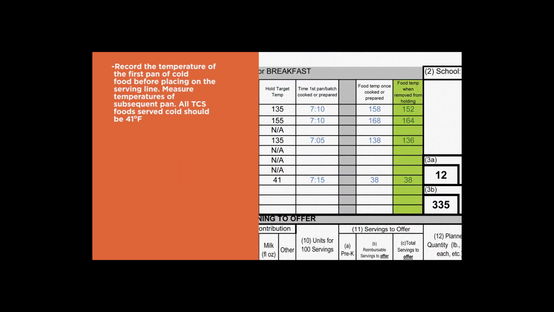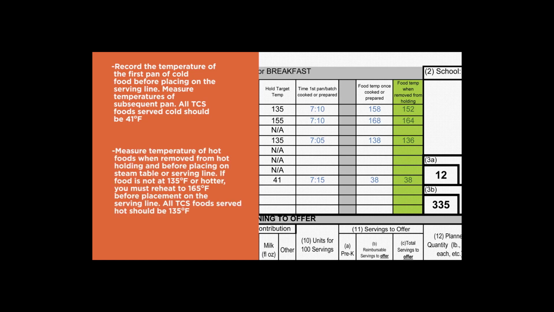Only record the temperature of the first pan of cold food placed on the serving line. Measure the temperature of each subsequent pan. All pans of cold TCS food should always be at 41 degrees Fahrenheit or colder before placement on the serving line. Measure the temperature of hot foods when removed from hot holding and before placing on the steam table or